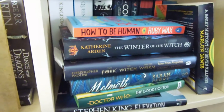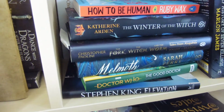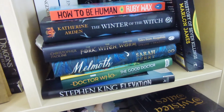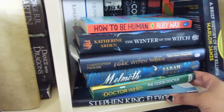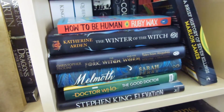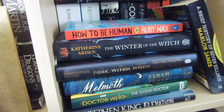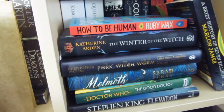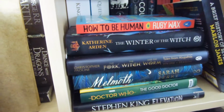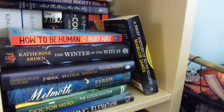And then back to the selection at the front here, we've got Stephen King's Elevation, Doctor Who: The Good Doctor by Juno Dawson, Sarah Perry's Melmoth, The Fork, the Witch and the Worm, Tales from Alagaesia, Volume 1, Eragon by Christopher Paolini, Katherine Arden's The Winter of the Witch, which is the third and final book in the Winternight trilogy, How to Be Human by Ruby Wax, and finally A Brief History of Seven Killings by Marlon